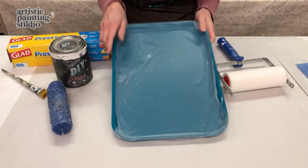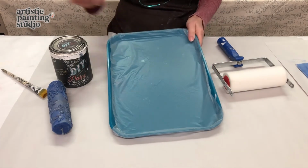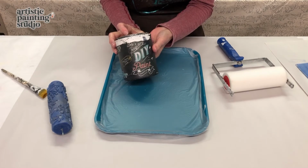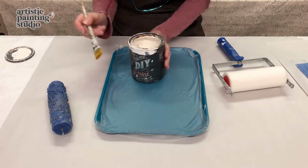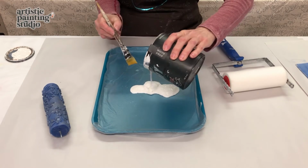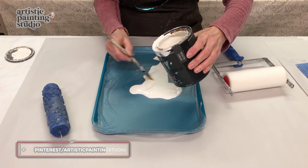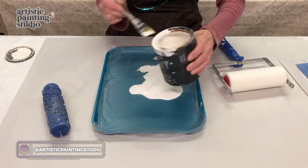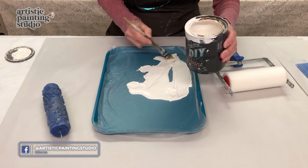Okay, I'm using what's called a serving tray. I line it with Press and Seal. It just makes a great surface to load your paint on. Again, I'm still working with DIY paints by Debbie's Design Diary, and this one is White Swan. And I'm just going to pour some of this out onto my plate here, and there was a whole big glob that came out with that. Okay, so definitely need to get my lid on probably a little bit better because it looks like we're starting to dry out, but we have plenty of good paint here, so we're just going to move our chunkies, okay,